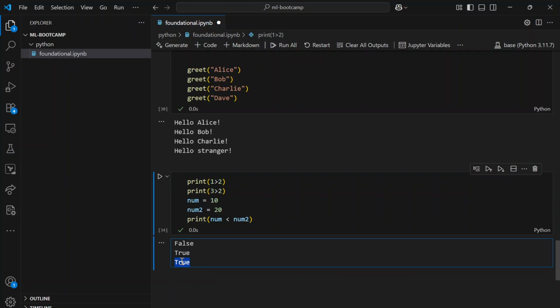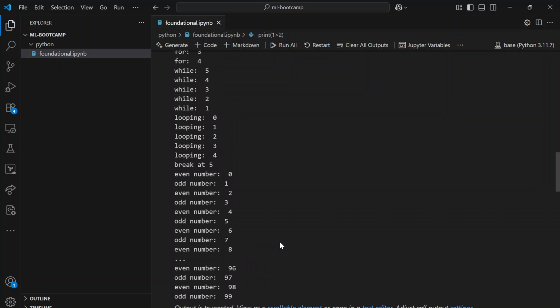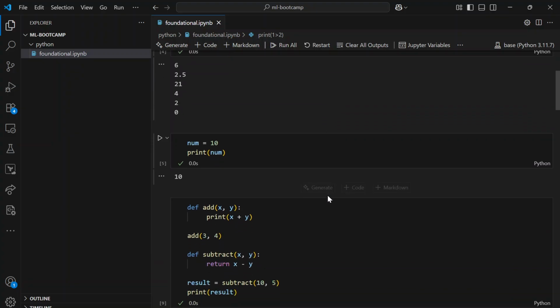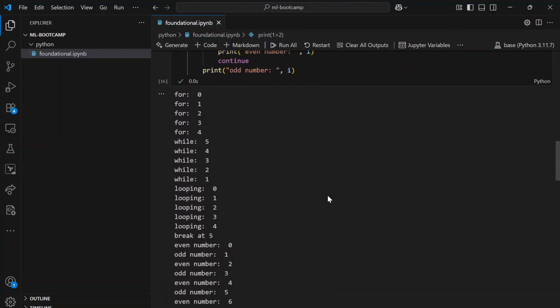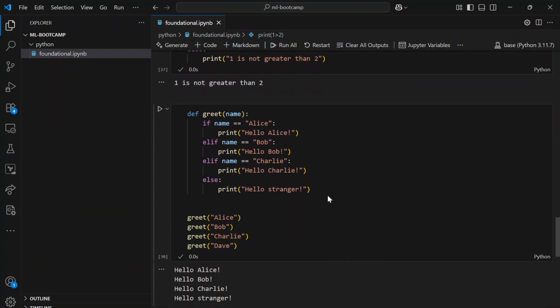So that's what we have got here. Like this, we have these boolean operators that we can utilize in our code. So I hope this is useful for getting started. And after this we'll go more in depth